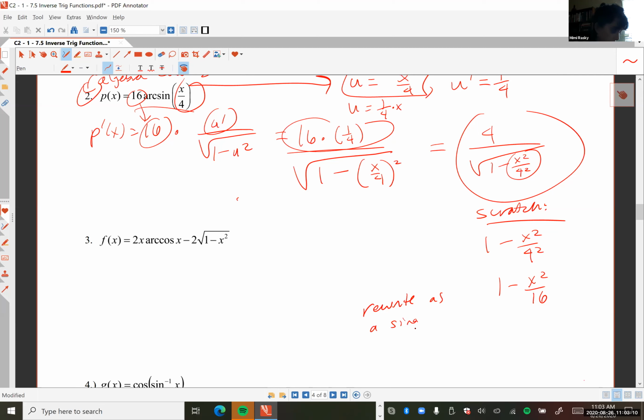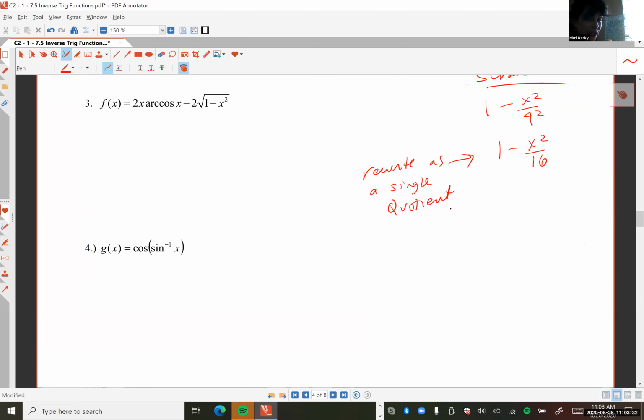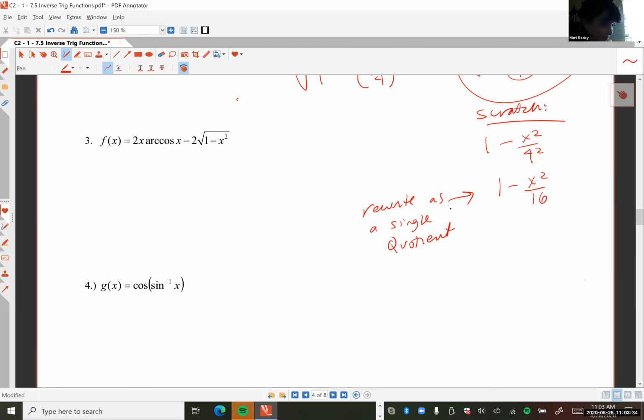This is just algebra, but you have to be good at algebra if you're going to be good at calculus. And if you haven't figured that out already, I don't know how you pass Calc 1. When I teach Calc 1, on day 1, I announce to the class, those of you that are strong in algebra, calculus is going to be easier than algebra. Those of you that are weak at algebra, you're going to hate calculus, because if you have weak algebra skills, your calculus is very painful. Okay,